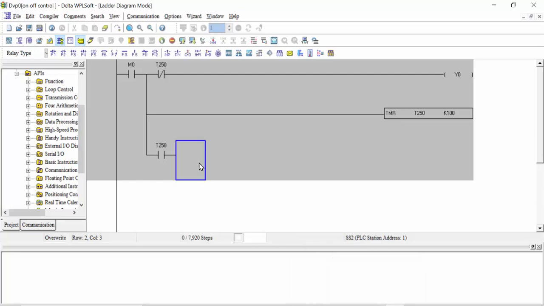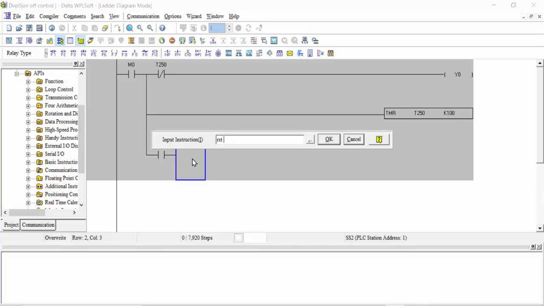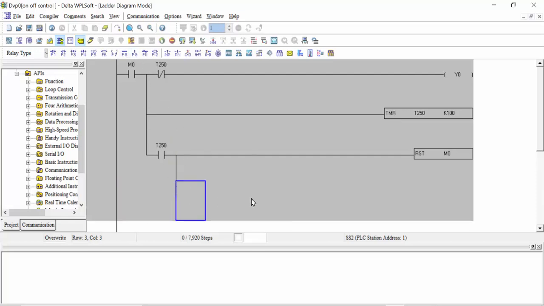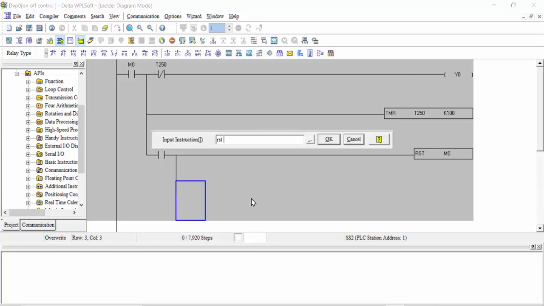And here you can put the reset command RST. When you type, reset M0 and click enter. And after that you have to make one more line downside, and here you can write RST T250,